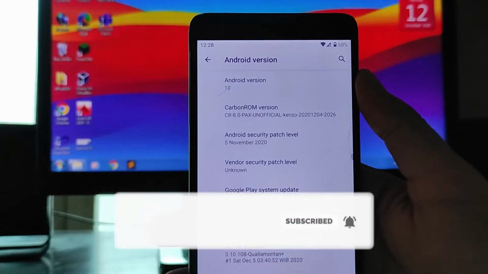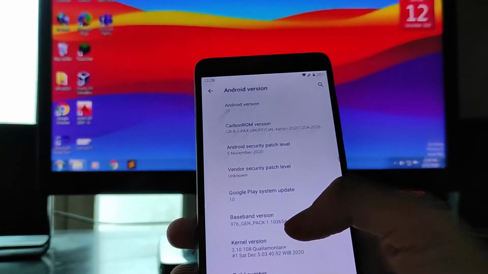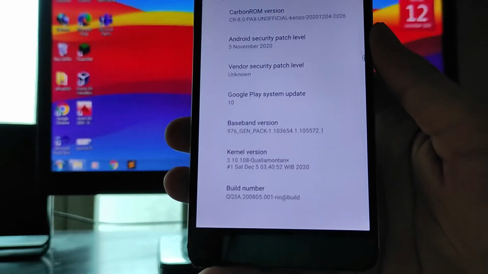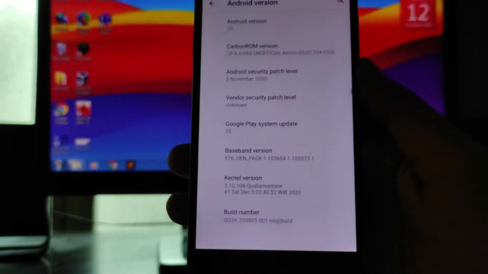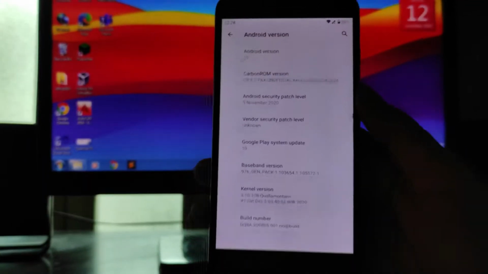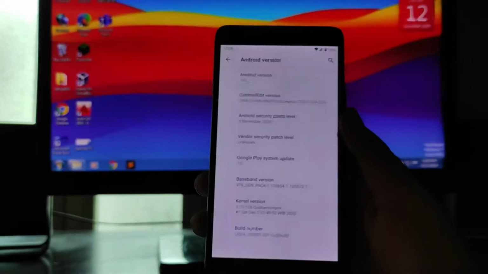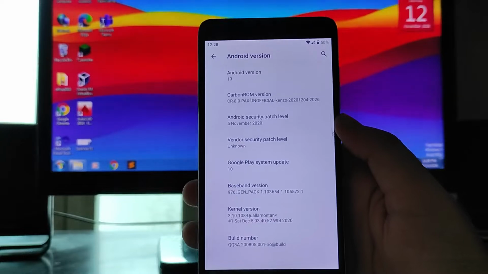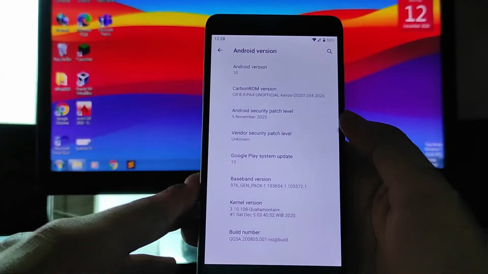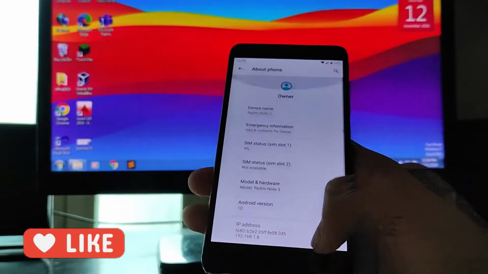The Android version here is Android 10, and the security patch level is the previous month, the 5th November 2020, and the kernel here you get is the Colmon 10X. I don't know what kernel this is. It is something new. Like each and every new ROM has some new kernel, right? So yeah, I don't know what's going on, man. So this is a new kernel, and I would really appreciate that this kernel here is just amazing and it's really good.